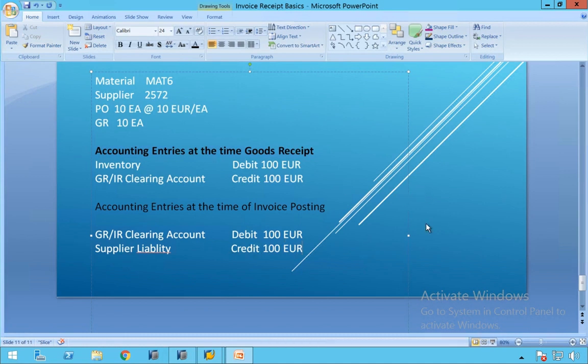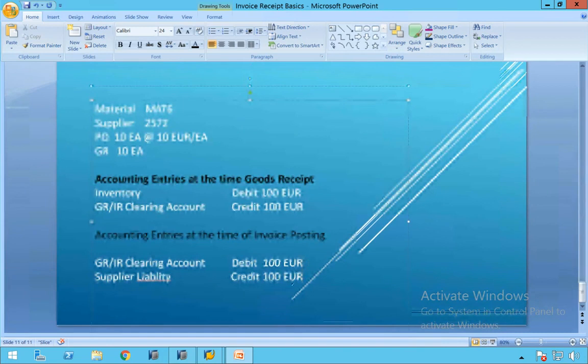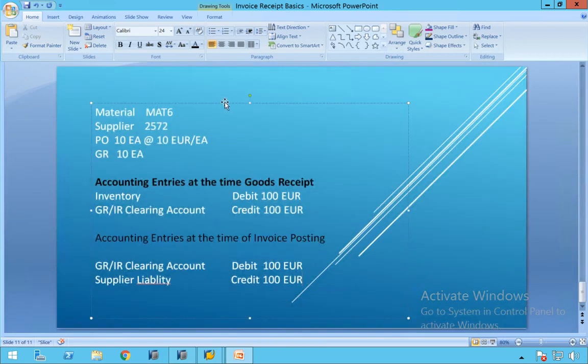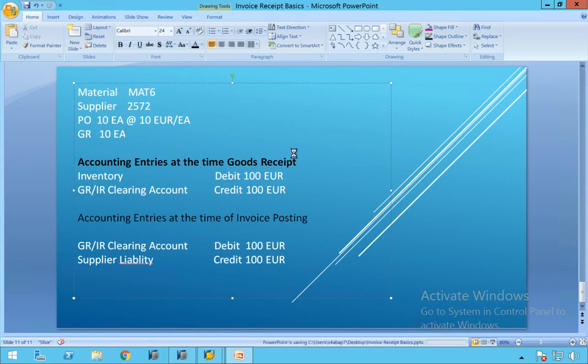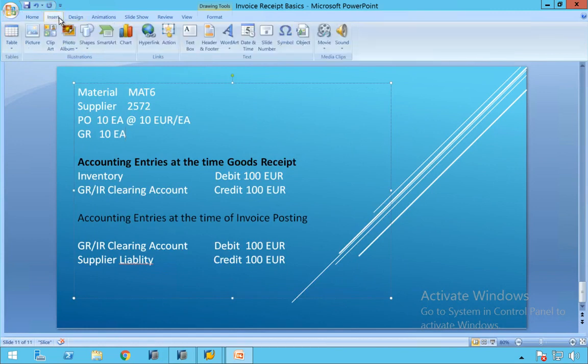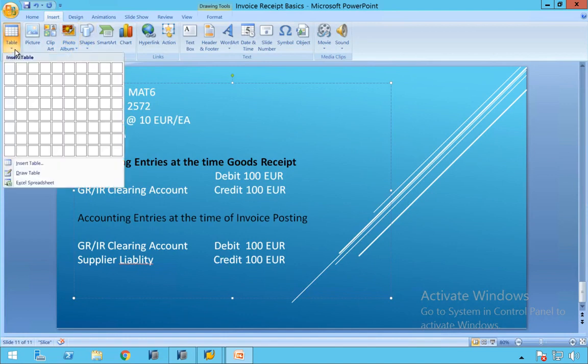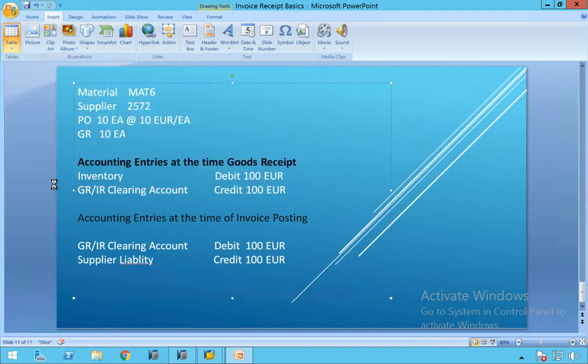You have to pay 100 euros to the supplier. You got this now? What I'll do now, I'll insert an Excel sheet here, and you will understand very neatly. The option to insert an Excel sheet is there, but if it is an old version, it won't be there.